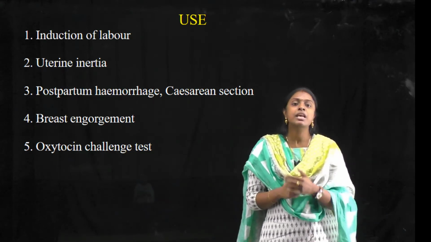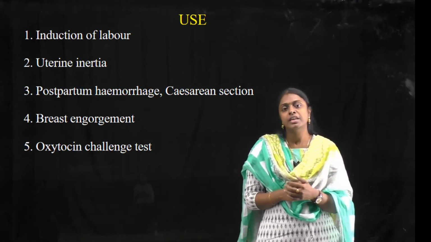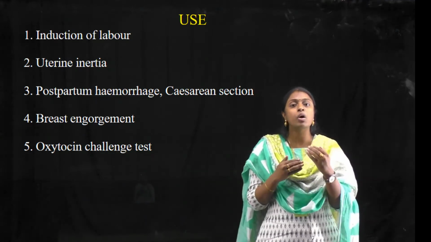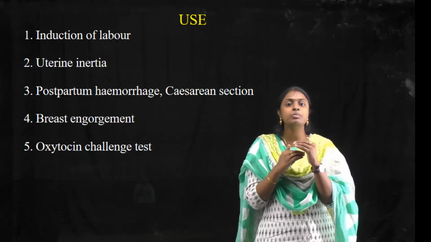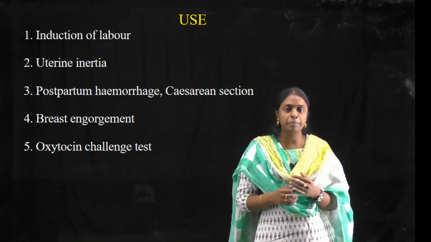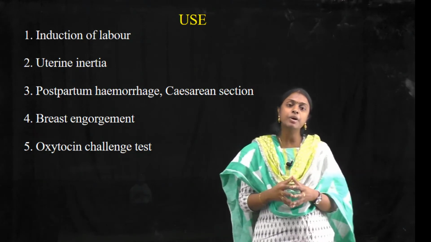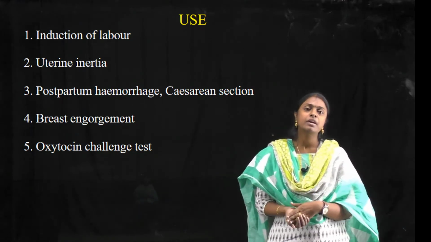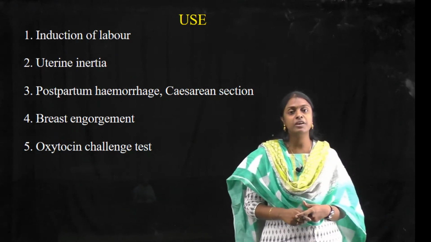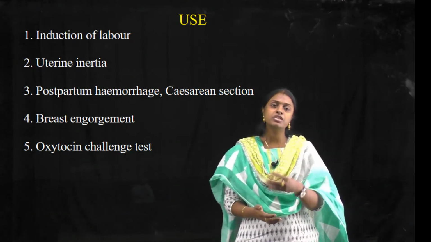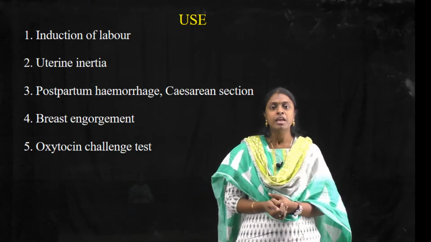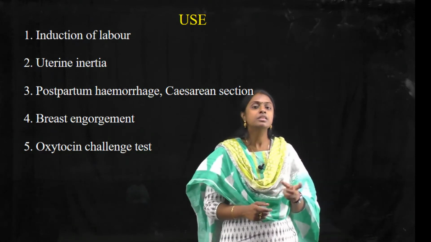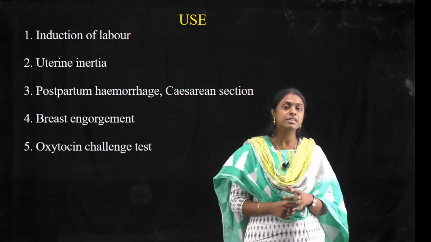And the next one is placental insufficiency. In some conditions, after a few weeks, the placenta won't grow along with the baby. At some point it will stop growing. That is placental insufficiency. In some conditions, this placenta will get damaged due to many reasons. That is called placental dysfunction. When the placenta gets damaged, it won't function properly. That's the condition we call placental dysfunction. This also comes under placental insufficiency only.